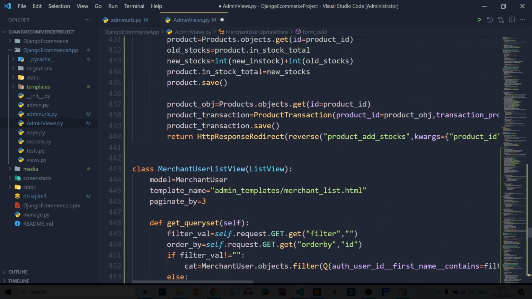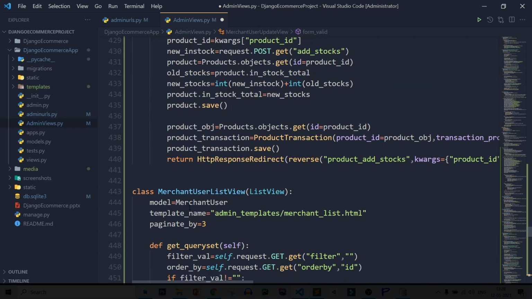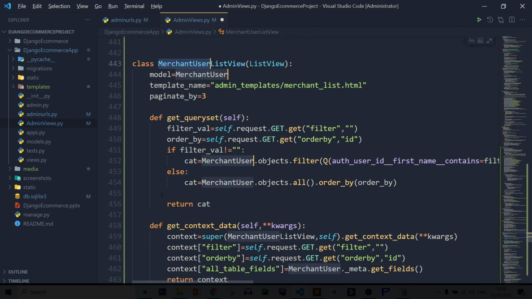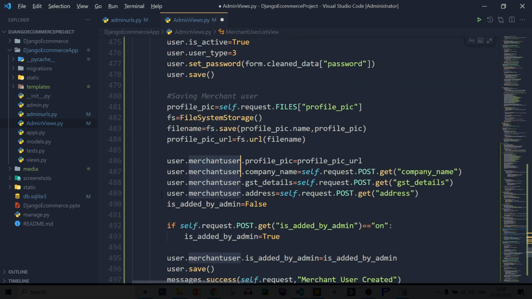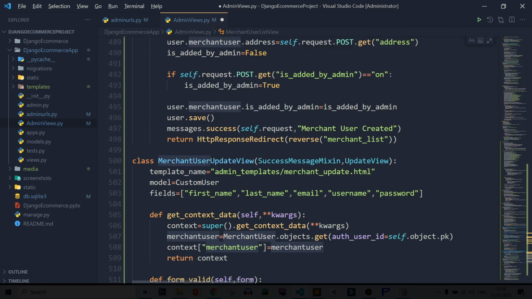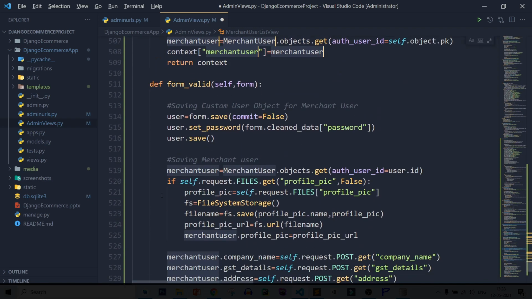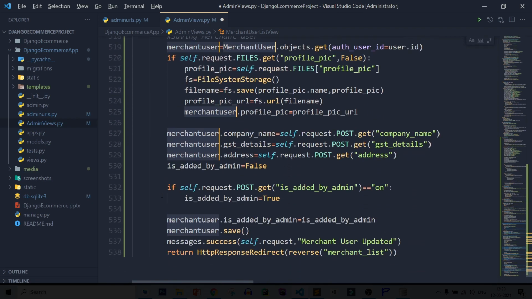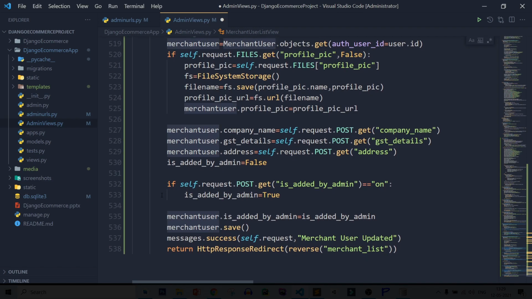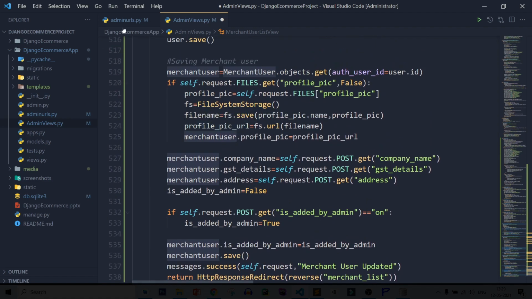After that select all merchant user and change it to staff user.